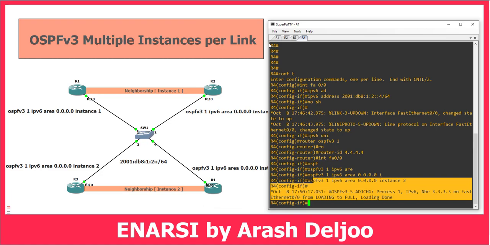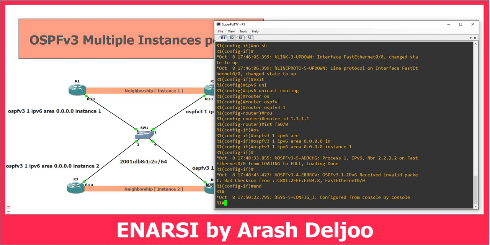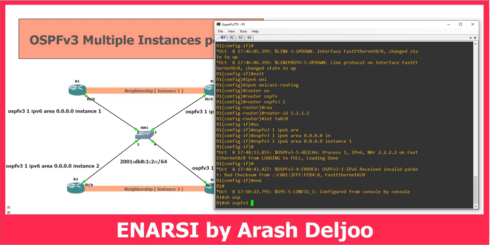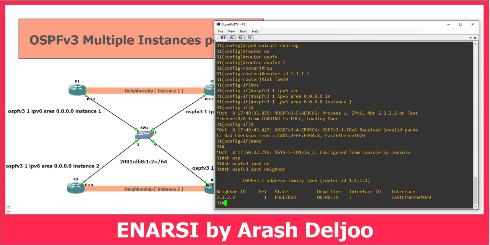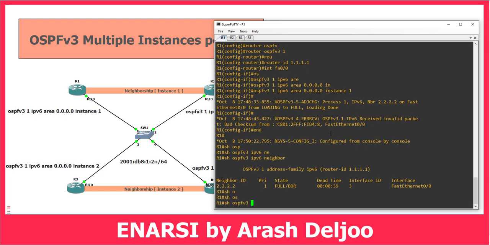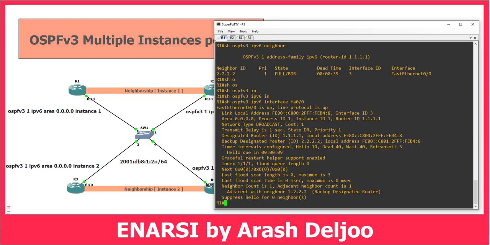Now we have neighborship. On router 1, check the neighborship between router 1 and router 2. Show ospfv3 ipv6 neighbor. Okay, we have neighborship with only router 2. And here, show ospfv3 interface for IPv6. Okay, the IPv6 interface FastEthernet 0/0 shows us that FastEthernet 0/0 is up, line protocol is up,